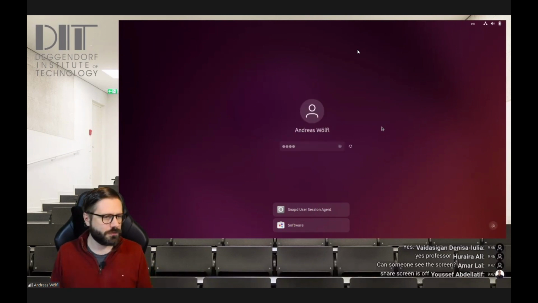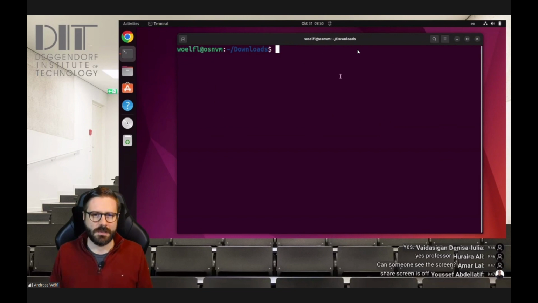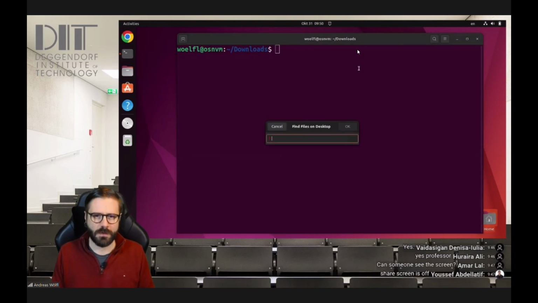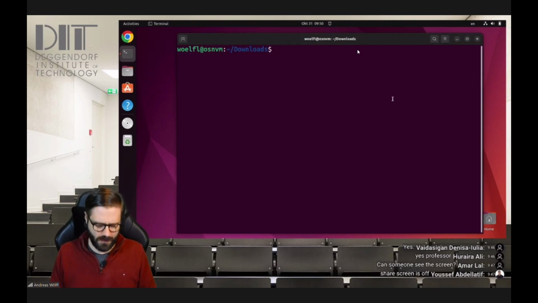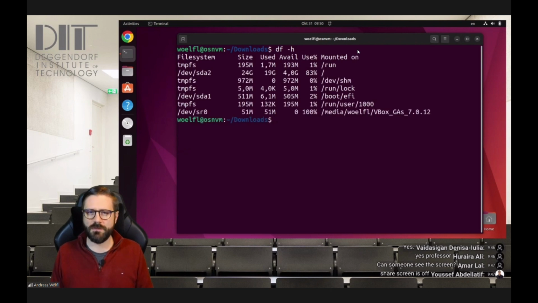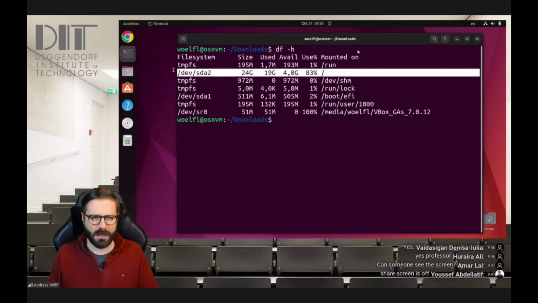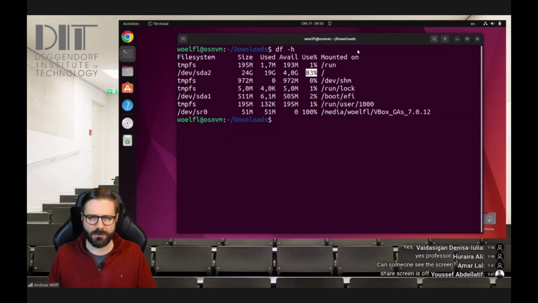Let me log into my virtual machine. So, if you have, for example, the command mentioned in the task, df with the option -h, the output of this command is, as you see, some data about your hard drive and your file system. So you see the file system that is at the root directory here is